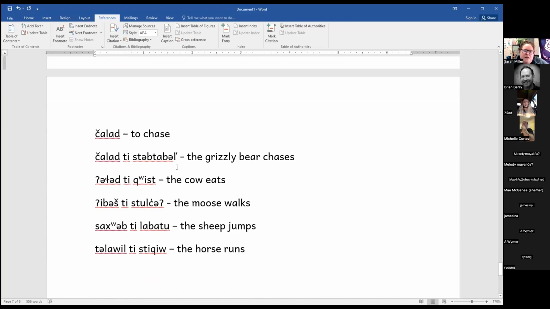Chalad. Chala T Stubtable. You know you've made wrong life choices if a grizzly bear is chasing you. Ashlad T Queest. Abush T Stoltza. And Safweb T Labato. Talawil T Stikayu. I think we have just enough time